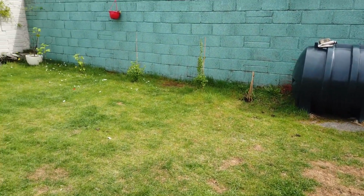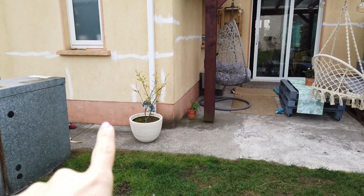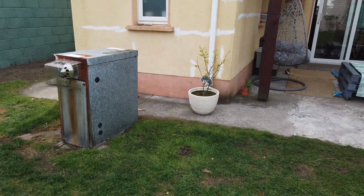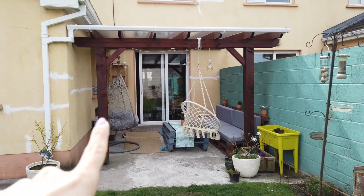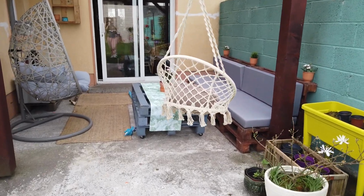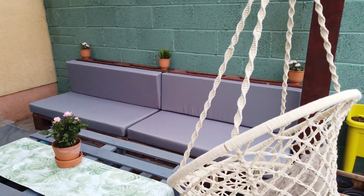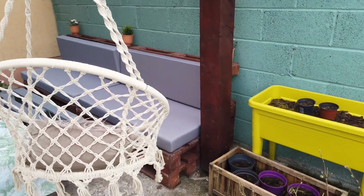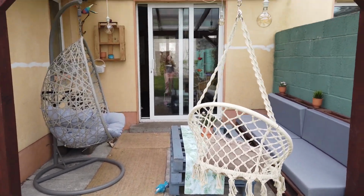So right now I'm gonna show you the patio side. On the patio side I have one magnolia as well. And ladies and gentlemen, this is the patio. 2 swing chairs. I have furniture made from pallets, and I just ordered the cushions. They are handmade. The pallets are just colored the same color as the patio. Lovely